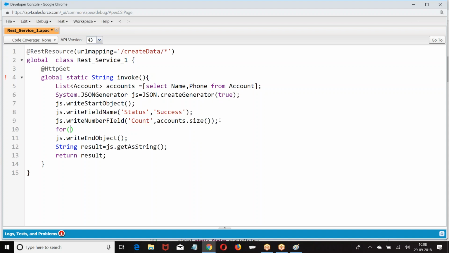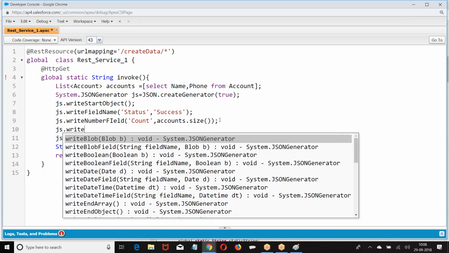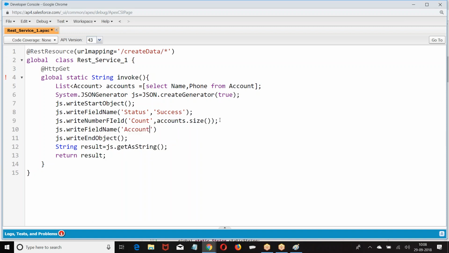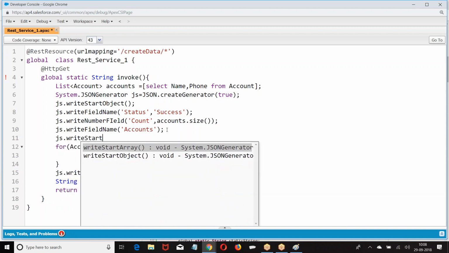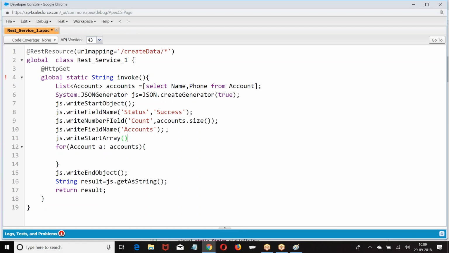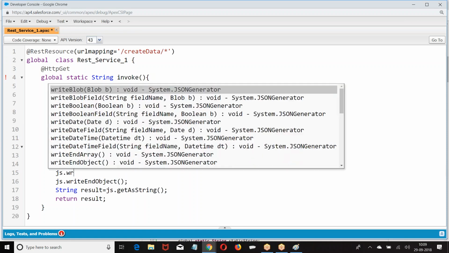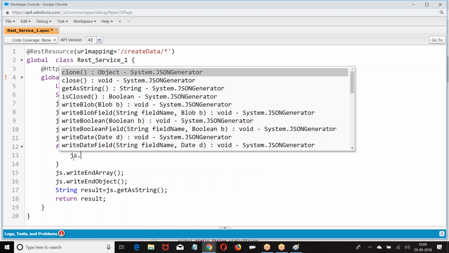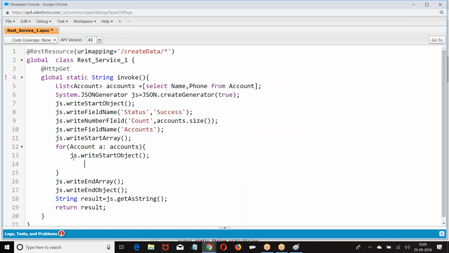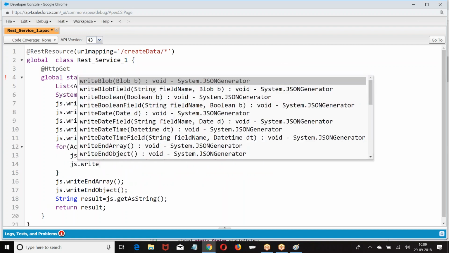Then I'm giving here. How we are generating JSON is your choice, boss. I am creating my own JSON format. You create your own JSON format as per your requirement.